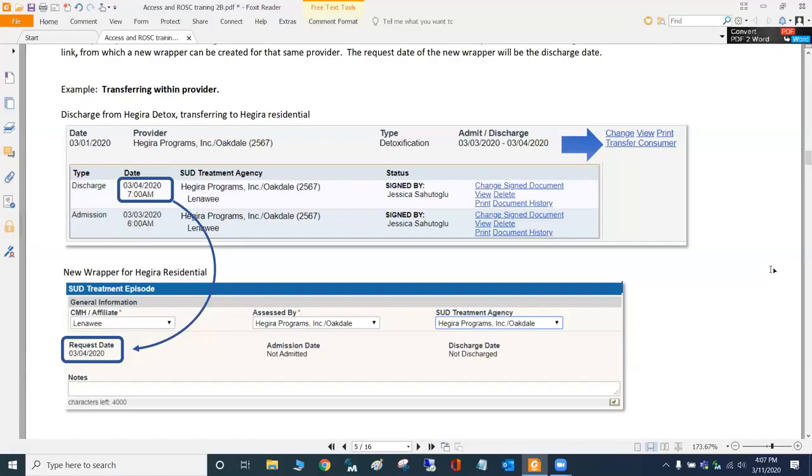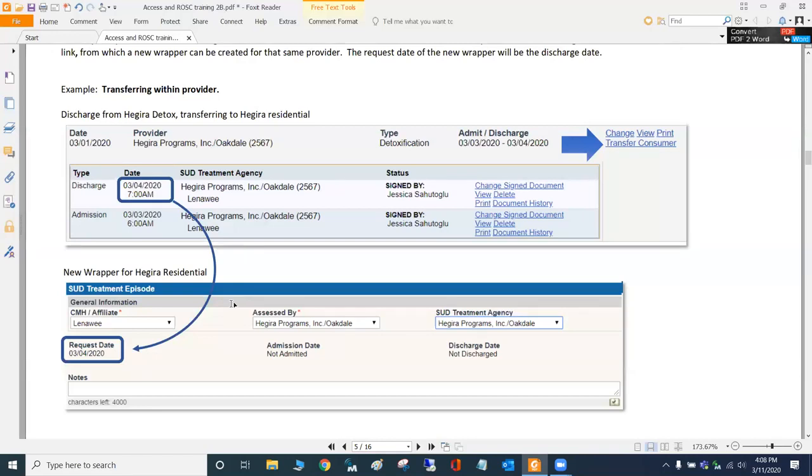The only time you really want to pop it out is if you're going to be leaving detox to the next service, because we have no other way to know that date than to do the transfer. So in your example, let me put the rubber on the road. They're going from detox to residential and outpatient and a bunch of stuff.